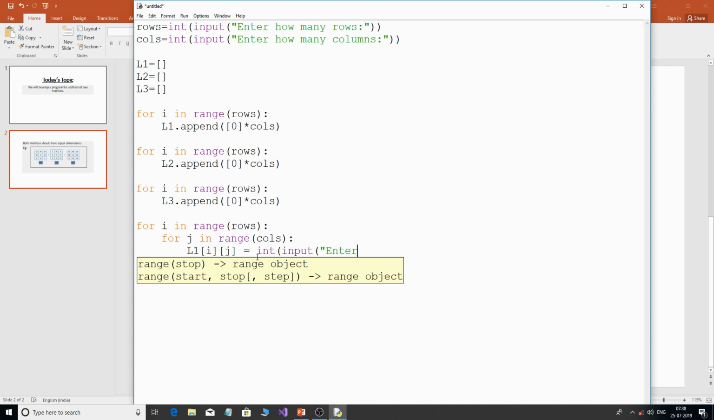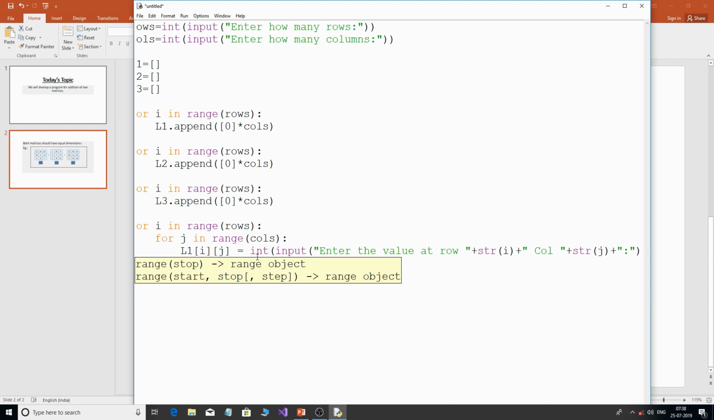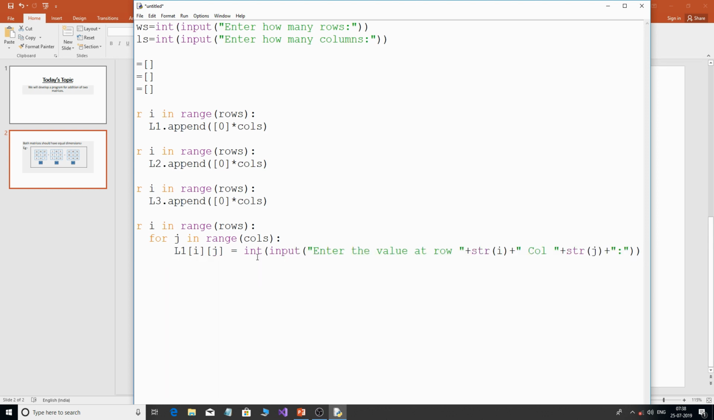Enter the value at row. Then give a space plus str(i), so this will be the row, and then plus again give a space and column, and again plus and J. Then again plus, give a colon. Now I just need to give a closing bracket. Okay, now we are done. So this will basically